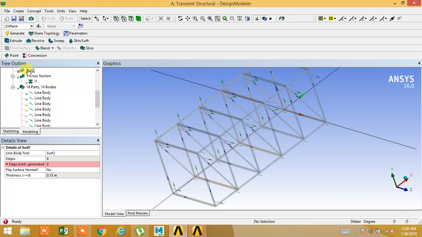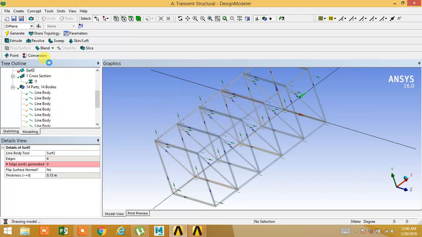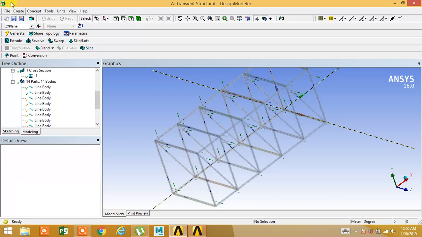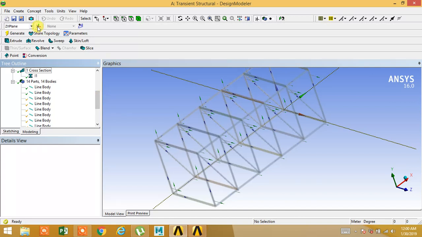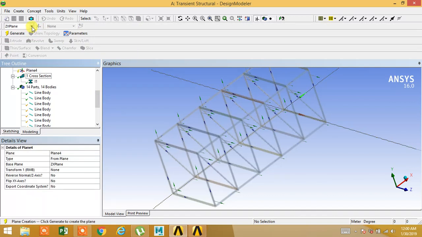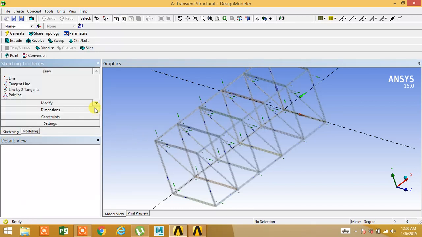Okay. We will take second option, surface from sketches. For that, we need to create a new plane, say ZX plane. Generate. Go to sketching.